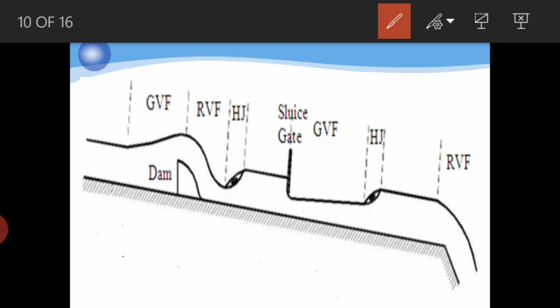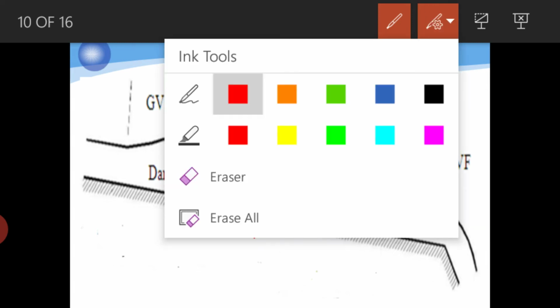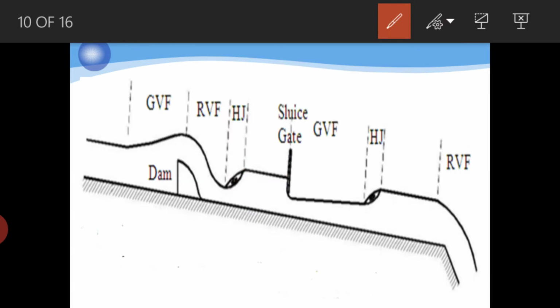Earlier the flow was subcritical, meaning the depth of flow was high and the velocity was less. The moment you open the gate, suddenly the flow first becomes critical, meaning it will come down slowly, then it becomes lower than the critical depth, then suddenly